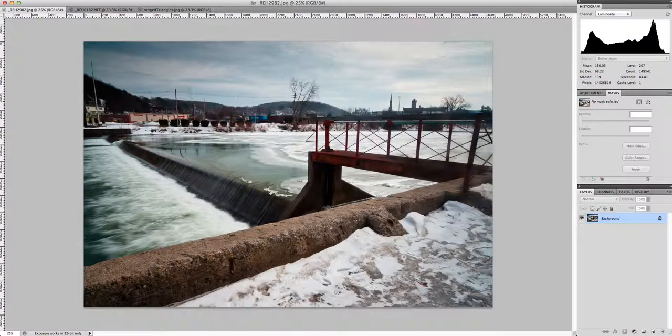But it is pretty tall and pretty far to the right, so we're going to see that it is representing some pretty bright light values. And as I said before, we have a lot of sky. The river here is partially frozen, so there's a lot of icy looking cover on here. There's some snow going on down here, so we would expect to see values like that. But as I mentioned before, it's not smashed up against the right hand side, so it's not completely blown out and the detail isn't lost, which is a good thing.